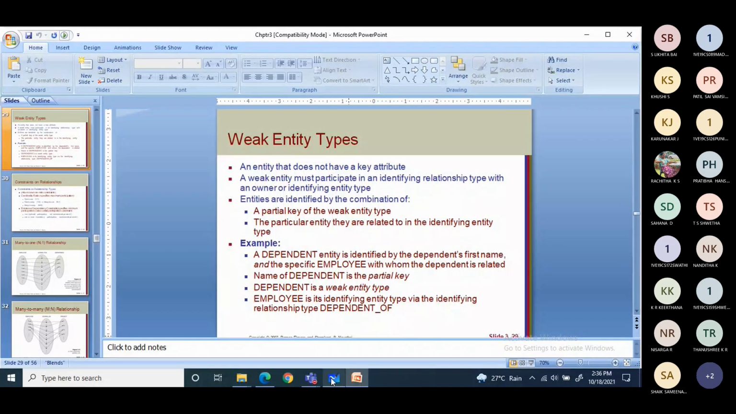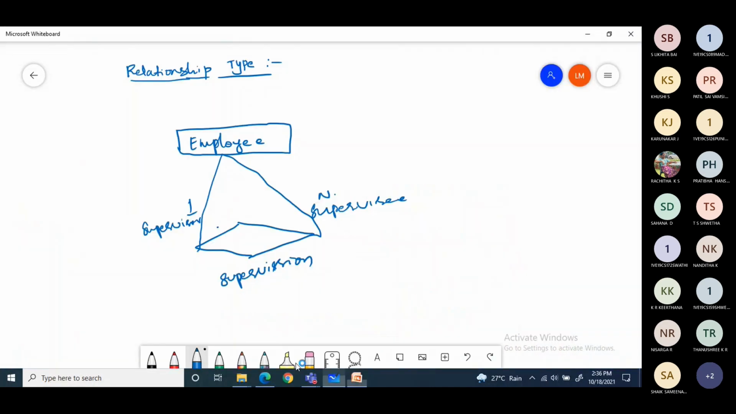Okay, I can write it and show you. We have employee here. For the same diagram I can write it. So let us take dependent here. Dependent is the